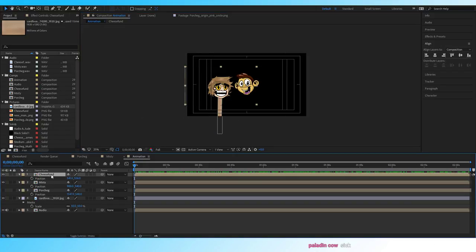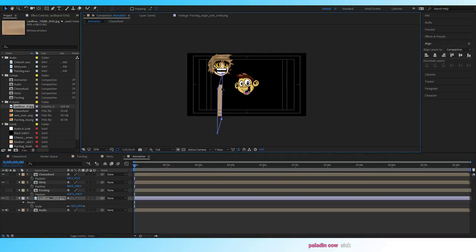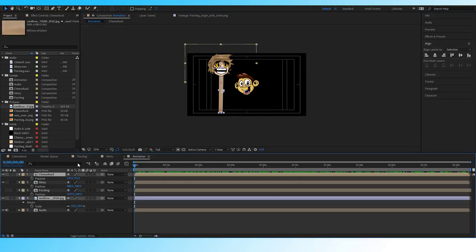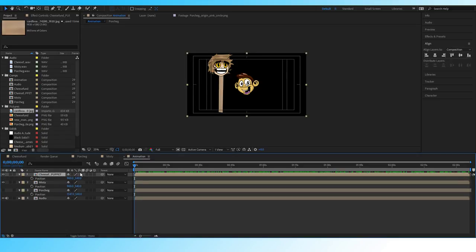So move that up just to get as much cardboard space as we can. Ooh. There we go. Move the whole thing up behind his face. And then Cheese Fund and the cardboard pre-comp to Cheese Fund puppet. So then, yeah, we'll have to, for my own sake, change the anchor point